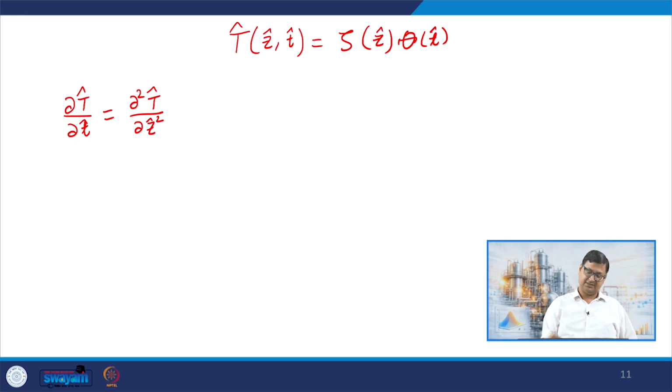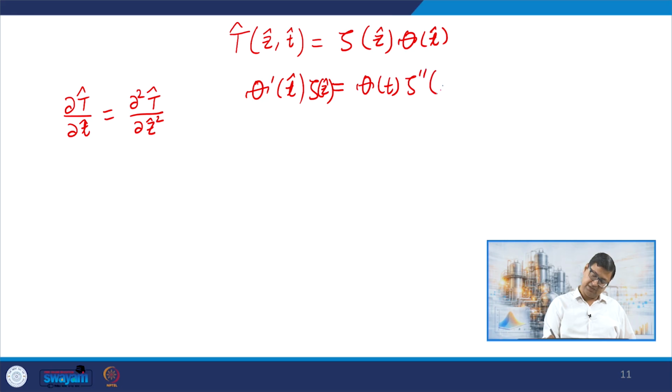So I again get theta prime(t cap), that's derivative with t, into zeta(z cap) is equal to theta(t) zeta double prime(z),